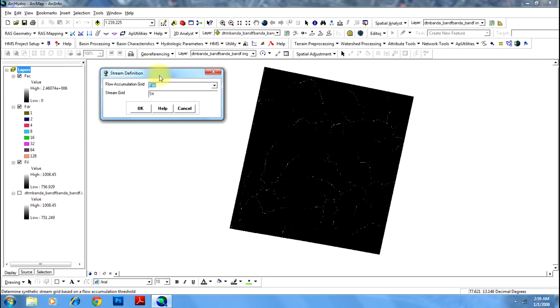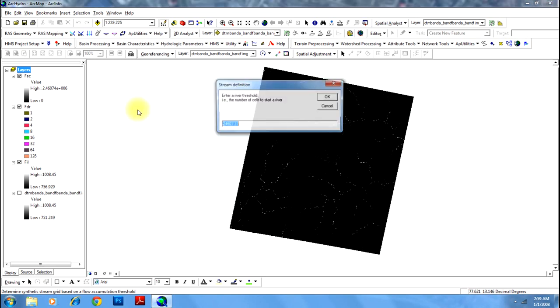That will display an option called stream definition. You can choose a name. I'll select the default name str and click OK. Now you have an option to define a stream. This asks to enter a river threshold, that is the number of cells to start a river.